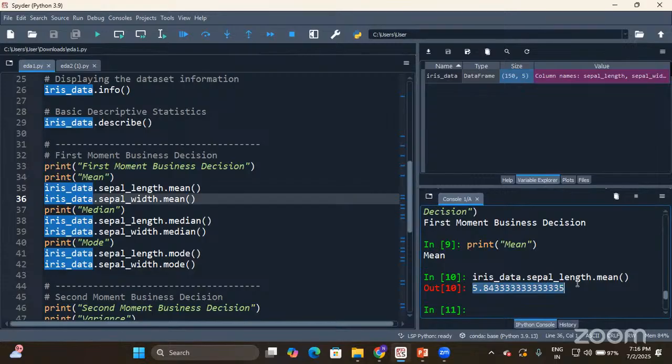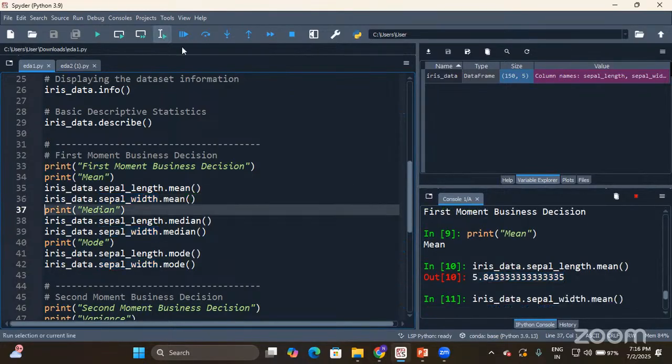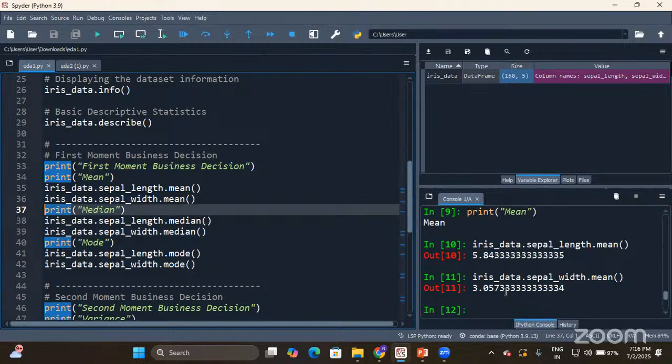Then, how should I calculate mean for sepal width? Take the same line of code, instead of sepal length, replace it with sepal width. Your job is done. This is the mean value for the sepal width column. So in this way, I can calculate mean for all the columns. Again, you may ask me, why didn't you calculate for the rest of the 2 columns?